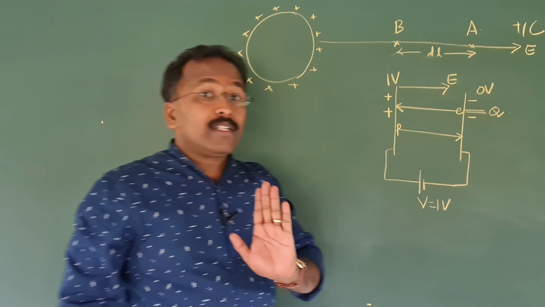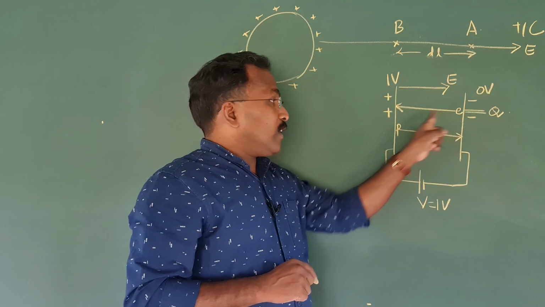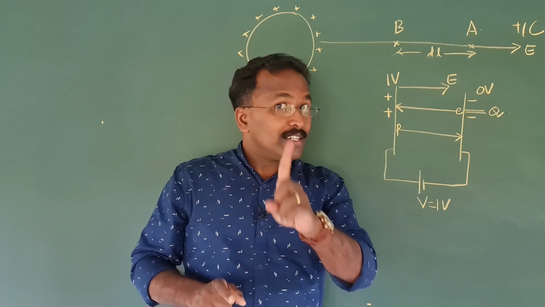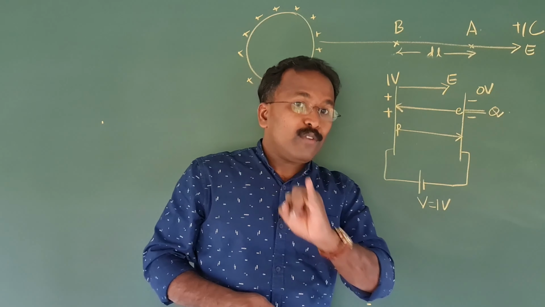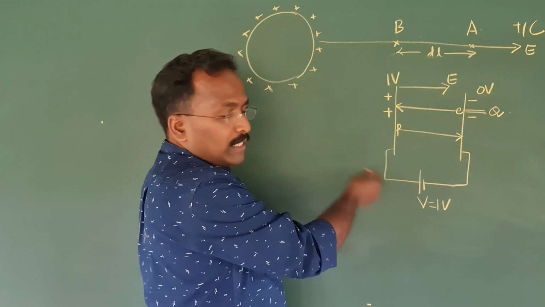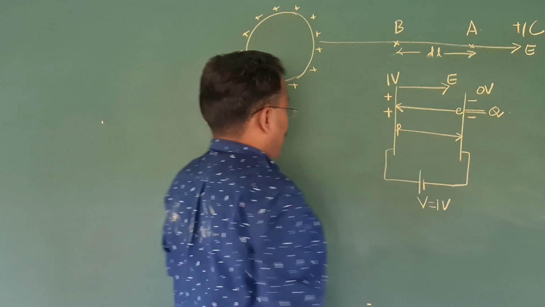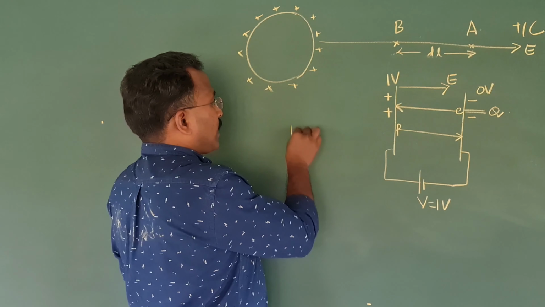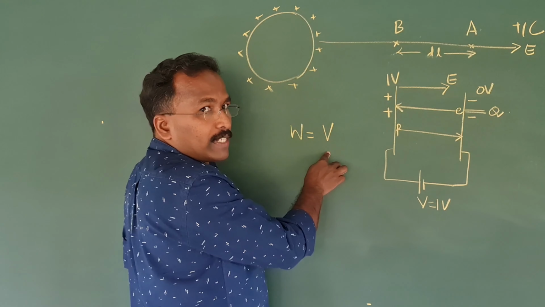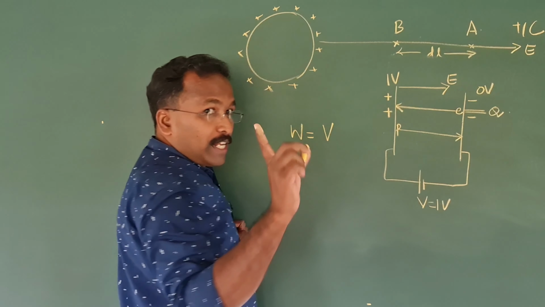Simple. Now the question is, I have an interesting question. Which particle, electron or proton, will hit the other plate first? It's an interesting question. Now see, this is how we answer that. When electric field is pushing, there is a potential difference, and that potential difference is creating the electric field. You see this, the work done for 1 coulomb charge is potential difference. Work done for 1 coulomb charge in this case is potential difference.